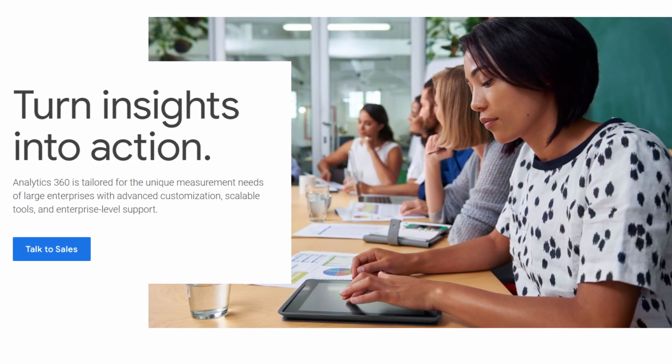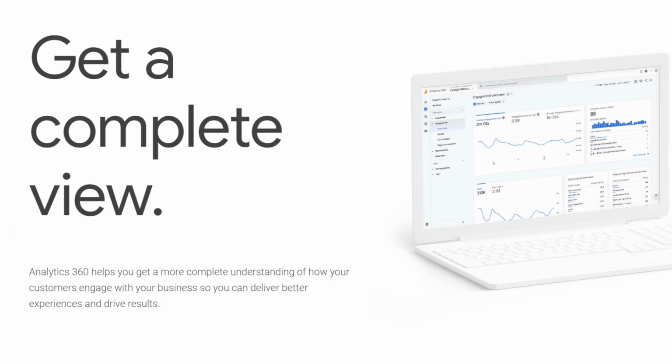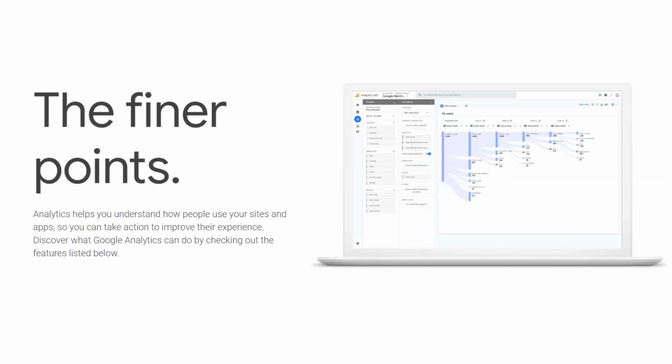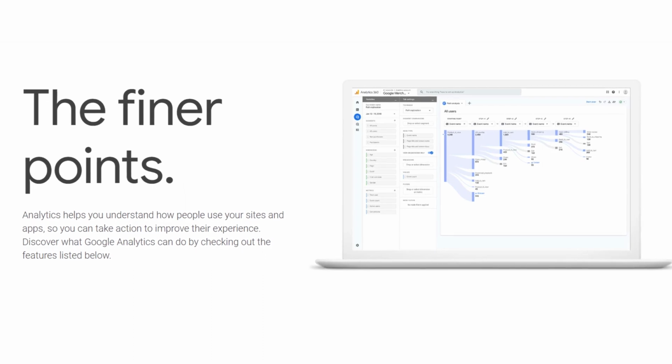Okay, let's move on to tool number 3, which is Google Analytics 360. Now, Analytics 360 is tailored for the unique measurement needs of large enterprises and advanced organizations with customization, scalable tools, and enterprise level support. And what you can do with this is you can unlock customer-centric measurement, understand how your customers interact across your sites and apps throughout their entire life cycle. And you can get smarter insights to improve ROI, uncover new insights, and anticipate future customer actions with machine learning,